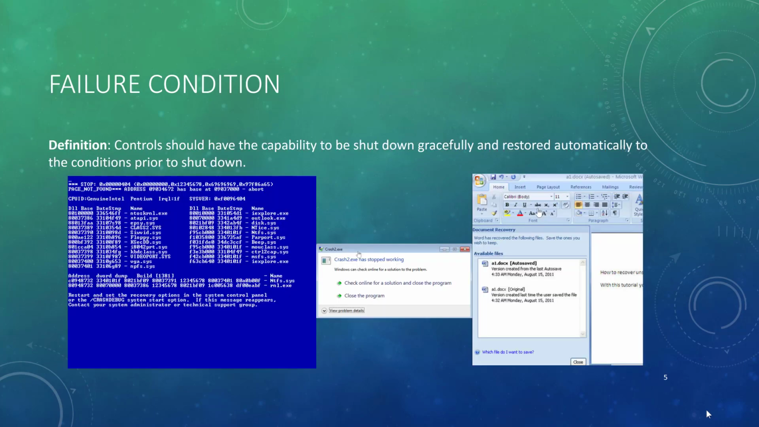All right, so the first idea is that controls should have the capacity to be shut down gracefully and restored automatically to the condition prior to shutdown. So an example of it not doing that would be the blue screen of death over on the left. It's not graceful, it does not restore, it actually doesn't communicate a great deal to even a very knowledgeable person of exactly what happened. You see in the middle screen something a little bit better, but my exposure with the